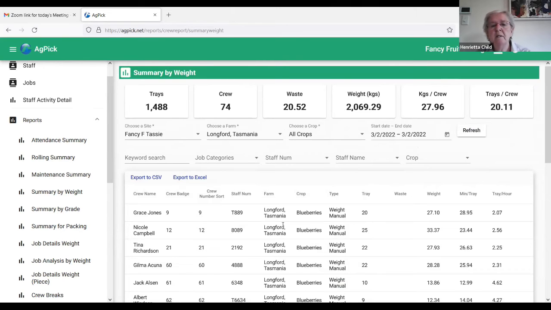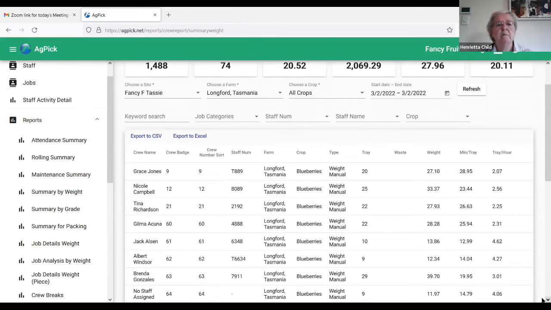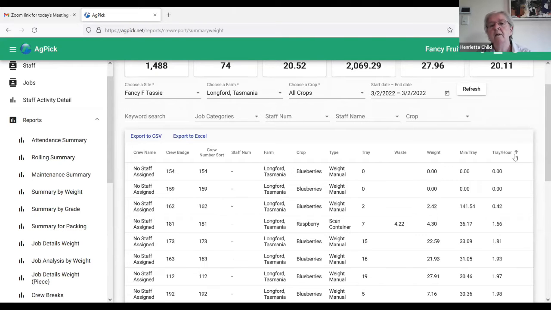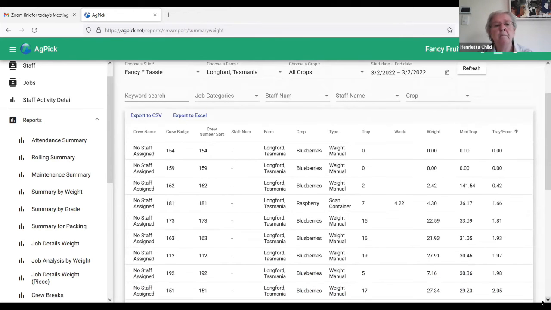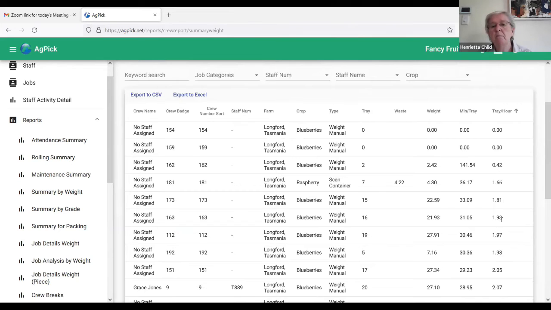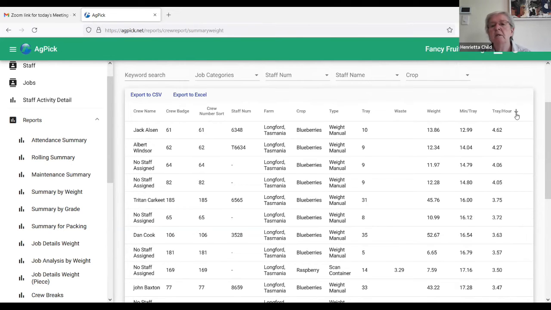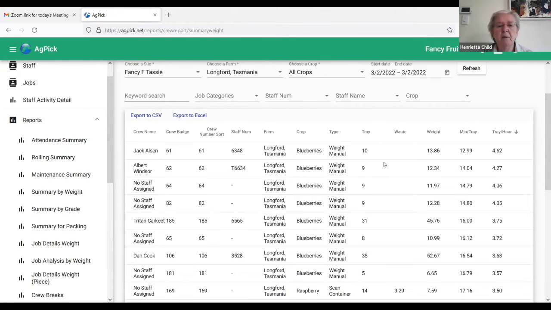74 people. And I can see easily on here, looking at what weight people picked, what their minutes per tray were, how many trays per hour. And I can sort that, and I can see maybe picker 145 didn't pick anything, but 54 didn't pick anything. There's a couple of people here who seem to have been given cards to work, scanned in, but didn't do anything. And then I've got some low performing people. And if I go into here, I can see who my high performing people are. So I'd be definitely thinking about giving Jack a bonus, and possibly Albert too,